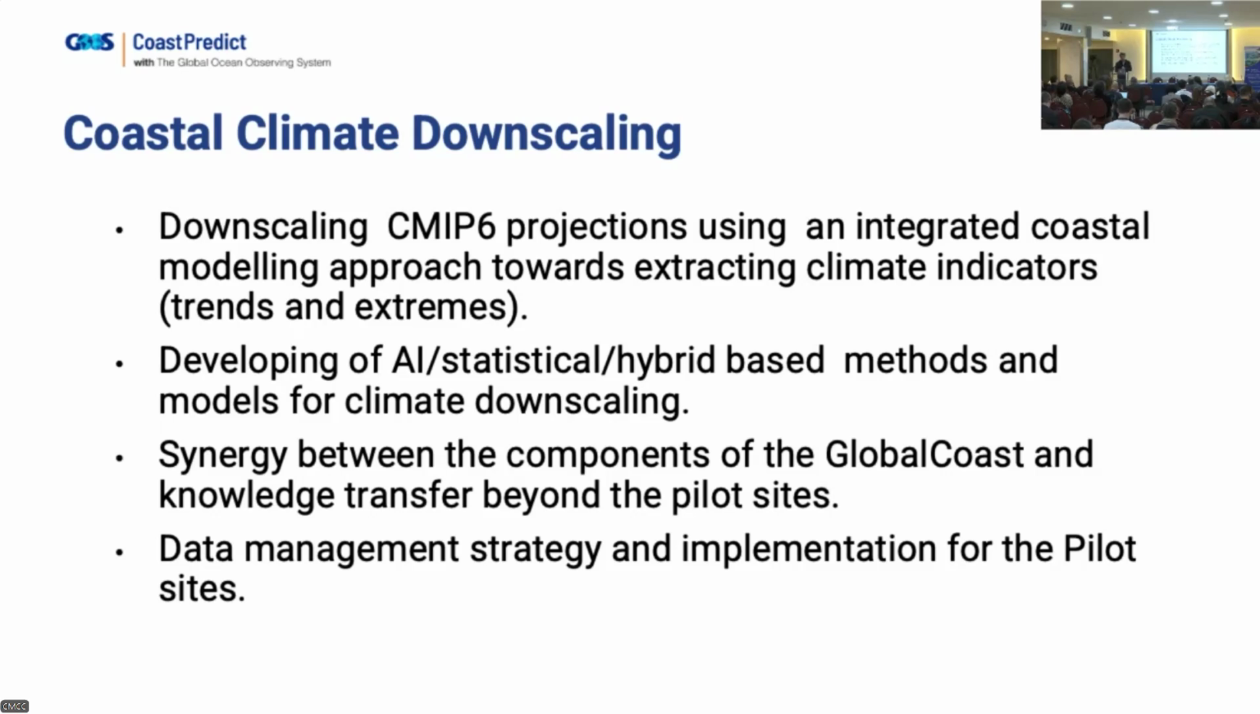the objective is to downscale from CMIP6 projection through the regional projection, and then extract the indicators, and be able also to extract trends and extreme events, which is not straightforward. Develop also artificial intelligence statistical hybrid based methods for climate downscaling. We have seen some examples in these days, and then of course there is a lot of synergy to be found between the different components